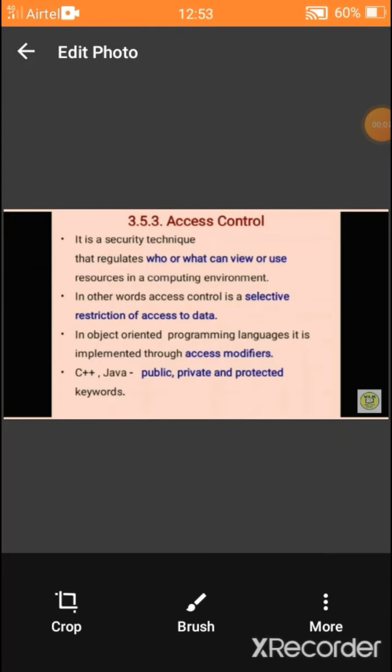So next content is access control. We have already learnt in C++. Do you remember that? When we write a program using class, we have three visibility modes. What are they? Private, public, protected. Can you recollect from your memory? Just recall it. Private, public, protected. These are the three visibility modes used in a class. That is called access control. Why do we use these visibility modes in a program?